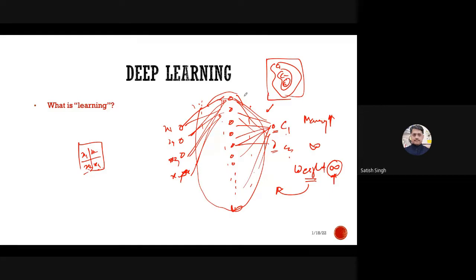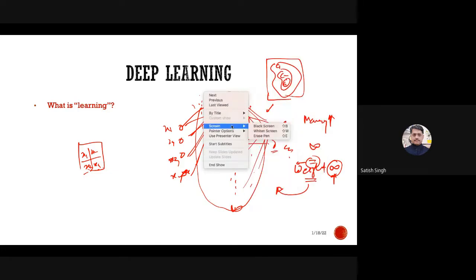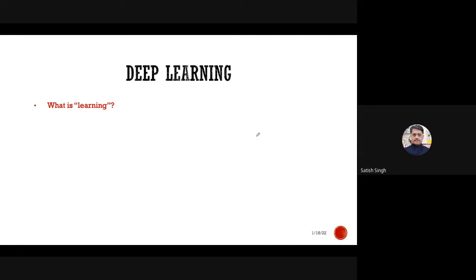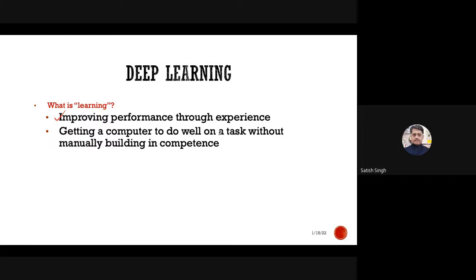The problems were solvable, meaning non-linearly separable classes were separable with the help of these kinds of networks, but ultimately at the cost of an infinite number of weights. So that's why people moved to deeper or deep networks. Okay, so improving performance through experience is simply learning, and getting a computer to do well on a task without